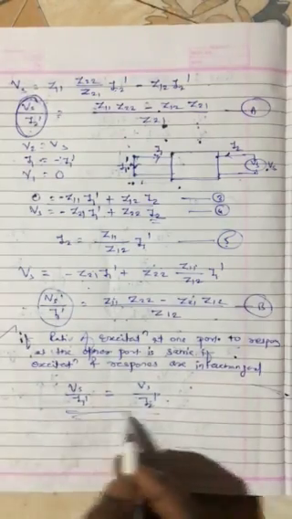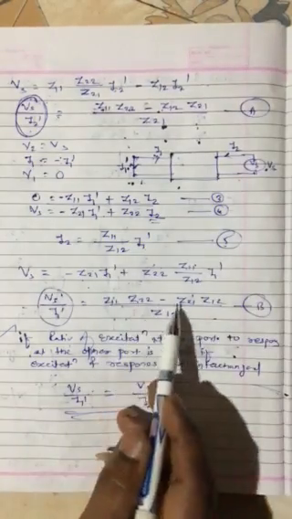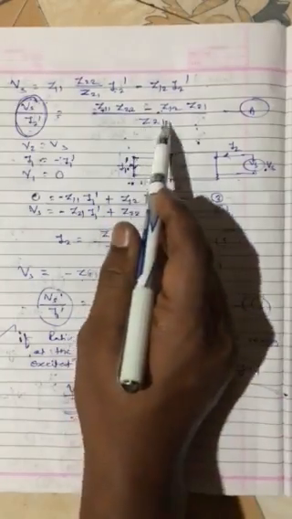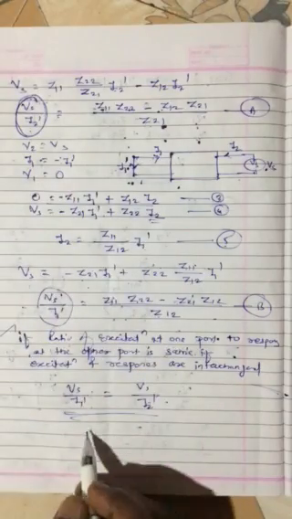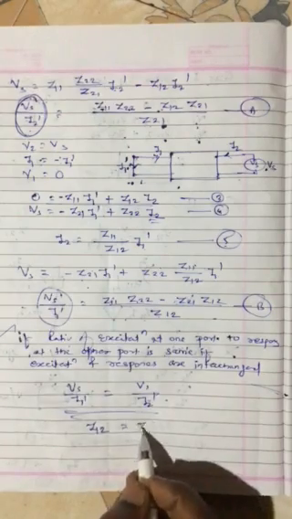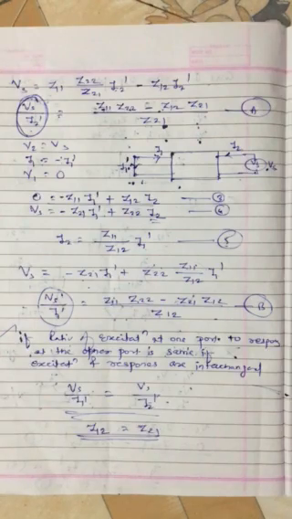And when will this be equal? See the equations, Z11 Z22 minus Z12 Z21, Z11 Z22 minus Z21 Z12. So the numerator is the same, only the denominator is different, Z21 and Z12. So this left hand side will be equal only when Z12, that is the denominator, equals Z21. So this is the condition for reciprocity. If Z12 is equal to Z21, directly without checking you can say that the network is reciprocal. And similarly there is another short point, the condition for symmetry.